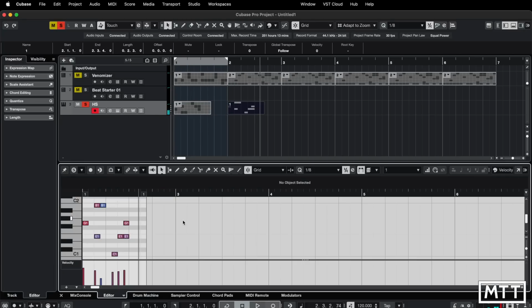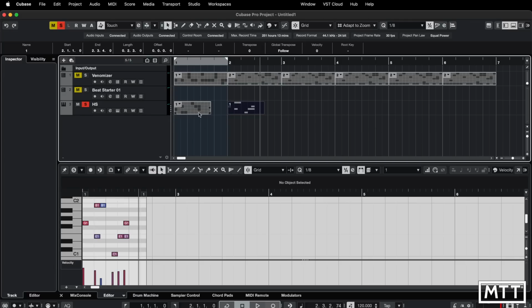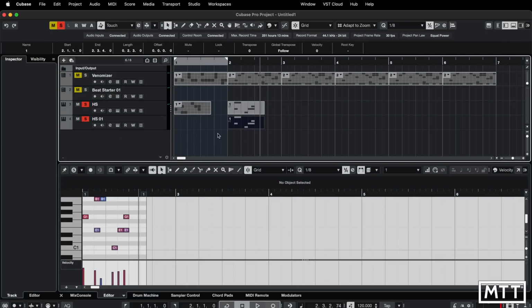So then if you want to do further editing, start playing around with this, and you can't do it with the pattern editor, you can do that. Then, of course, you can drag this to another track and play around. That isn't something you can do readily with this. So you see, if I try and drag this to another track, it doesn't create a new track, whereas with that, it does. That may change at some point in the future, but at the moment, that's not the case,